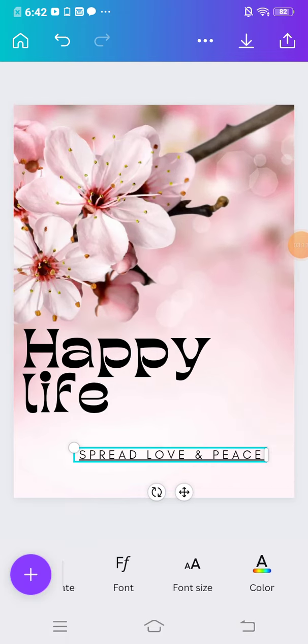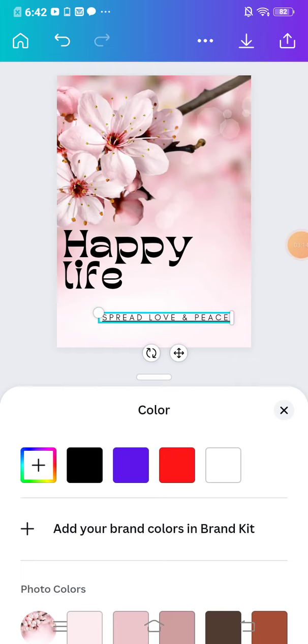change the color. For example, go to the color section and make the changes to the color,